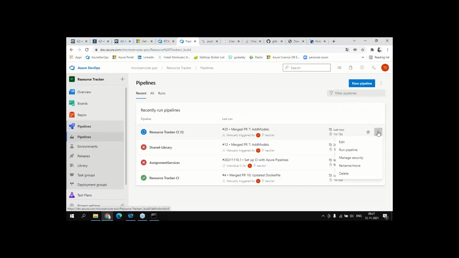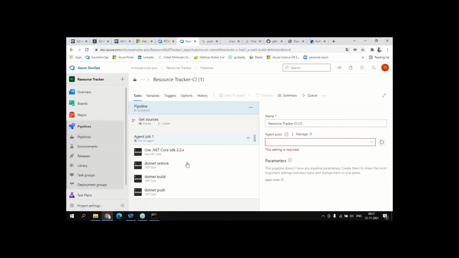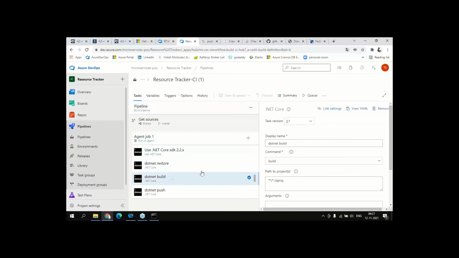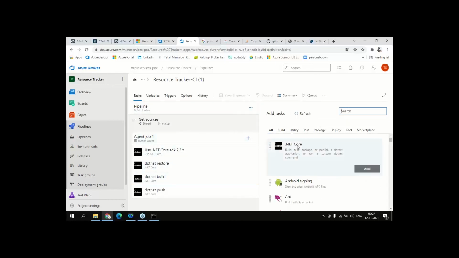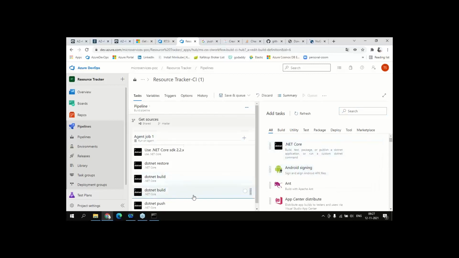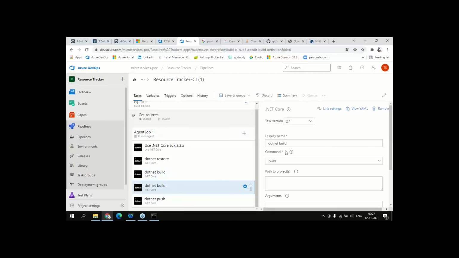Yeah, then when you are pushing, then the push will be the DLL. No, when we are doing the push, at that time the packaged version is there, the NuGet package, so that will be pushed. So for example, here restore, build, right? In between we have to add one more command, like .NET Core, and here we can say, yeah, this is pack,